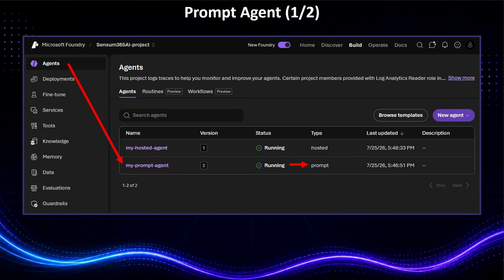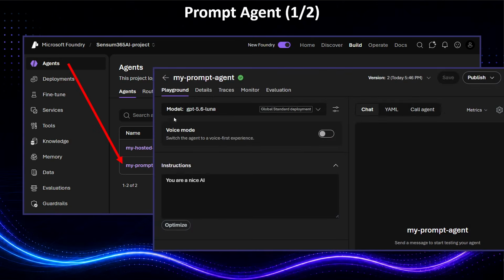Prompt agents actually live up here, and you can go in and say new agent, and it will give you this GUI where you can choose your model, you can choose your instructions, there can be tools and all kinds of things. So you can actually build such an agent up here without any code. And then you need to, of course, have some code that actually executes it in Agent Framework. But it is possible, but we can also build this in code.